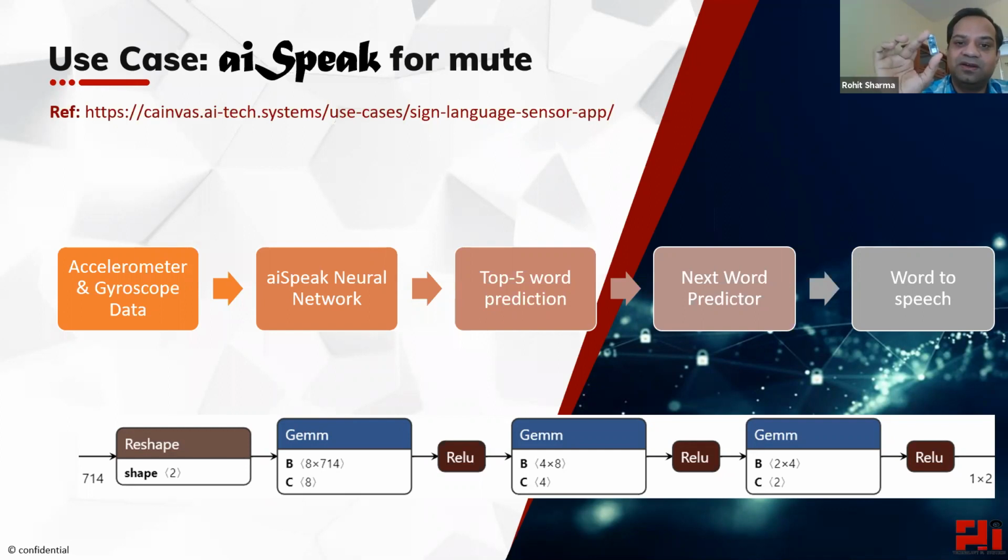It is about a $20, $25 board that you can purchase, and it has an IMU, inertial measurement unit, with accelerometer and gyroscope.